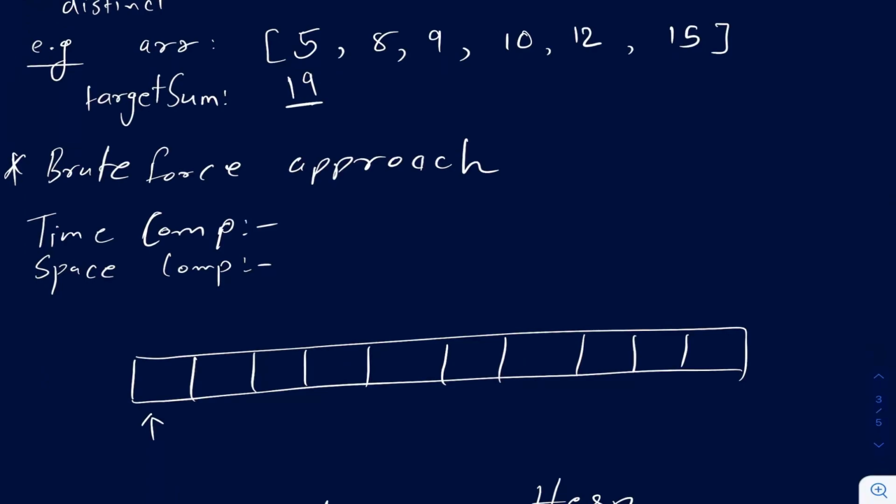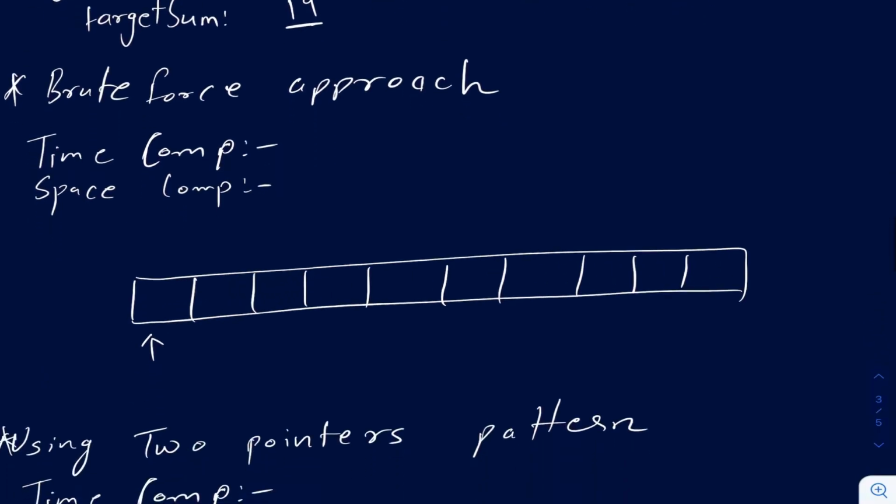So in this approach, this is the sorted array that we are given. In that sorted array we start from the first element, loop through each and every other element and check if the sum is equal to the target sum. If so, we return those elements, else we do the same for the second element, loop through all the other elements, and continue in this way. So basically, for each element